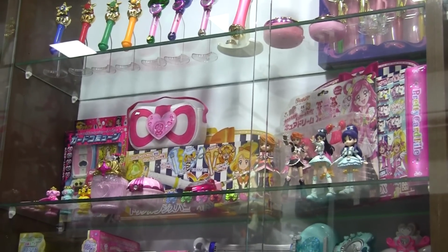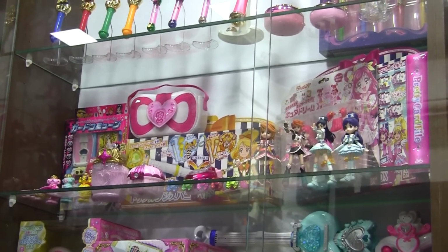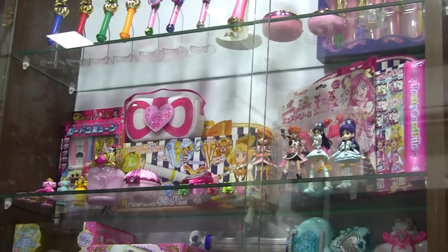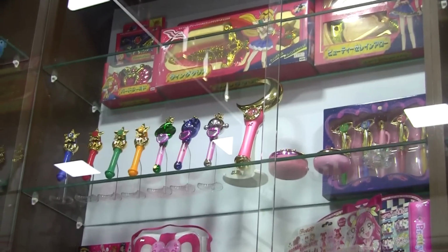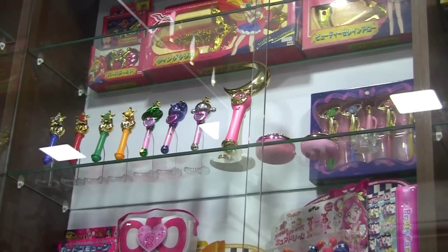Next, we have a shelf dedicated to random Precure series with everything from the original Cure Commune to stuff from Yes Precure 5, Smile Precure, Happiness Charge Precure, and Go Princess Precure. Up next is a rather scant Sailor Moon shelf with all of the really cool Gashapon transformation sticks and the